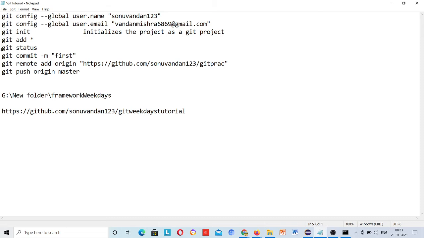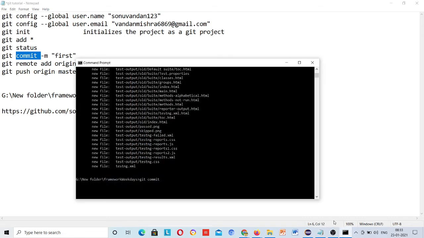Tomorrow you will write some new code, then you need to add that file, and then check with git status. Now you need to commit this code. M for message, oh sorry, this hyphen m means message, any message you want to give.